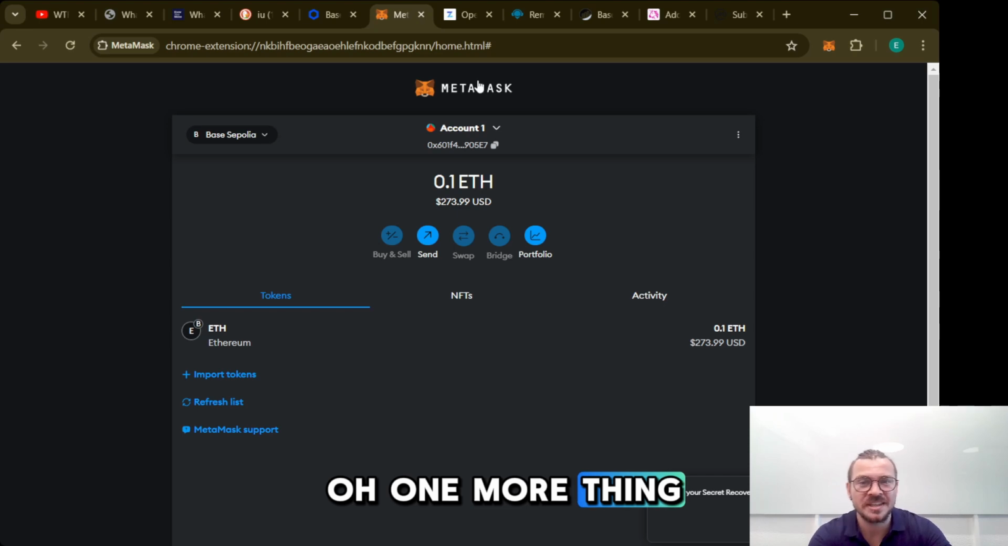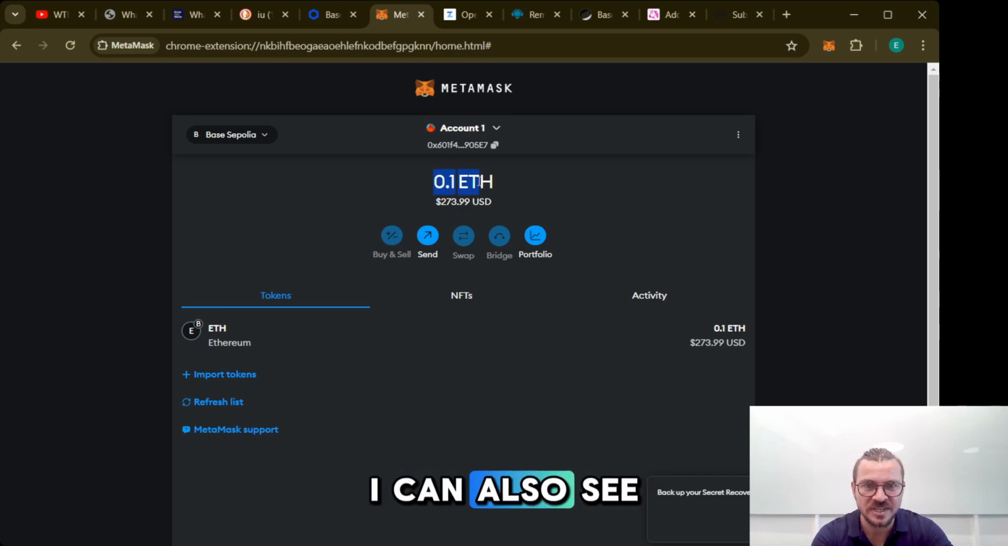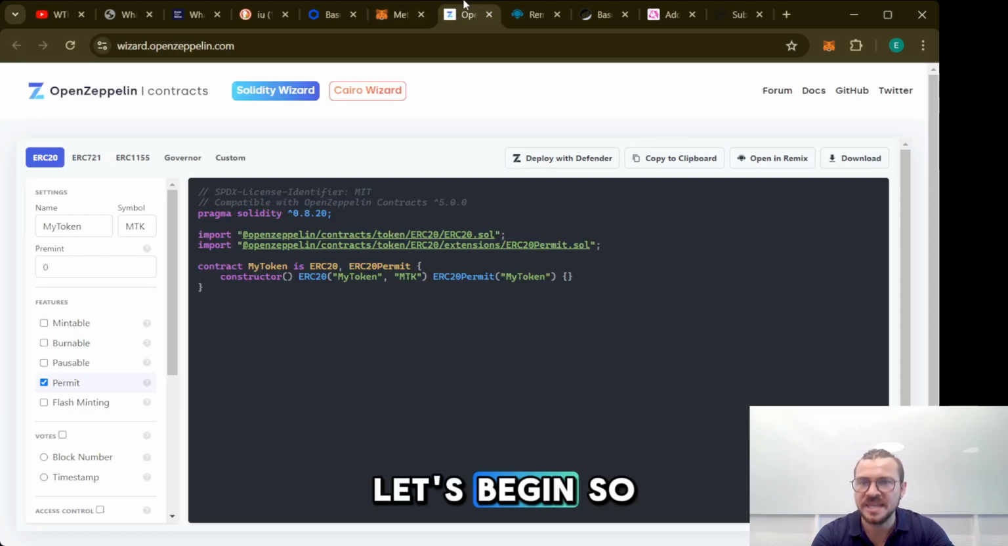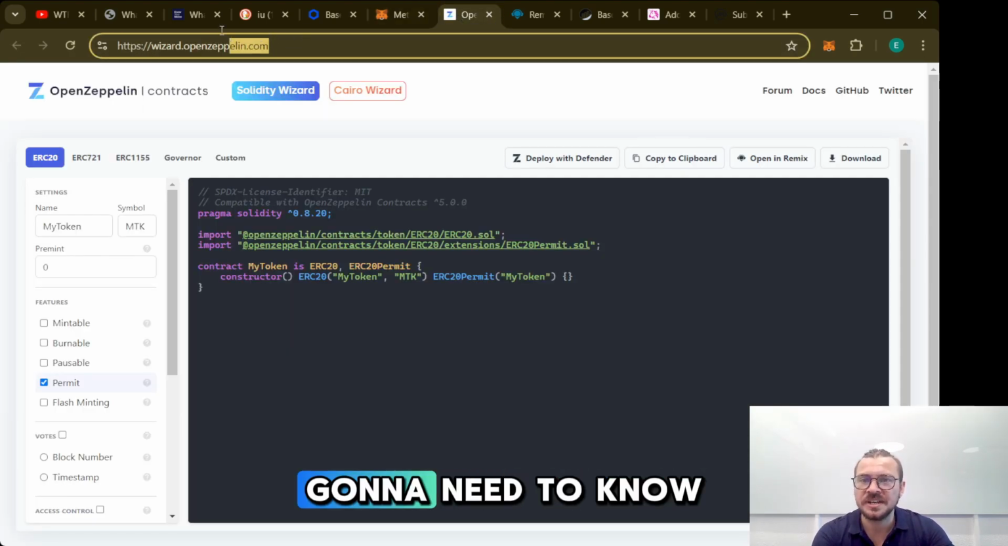Oh, one more thing. In MetaMask, like I said, I can also see I have some Ethereum here. Again, this is fake money. It says 273, but that's not real. That's fake money, okay? Let's begin. So the next thing you're going to need to know is